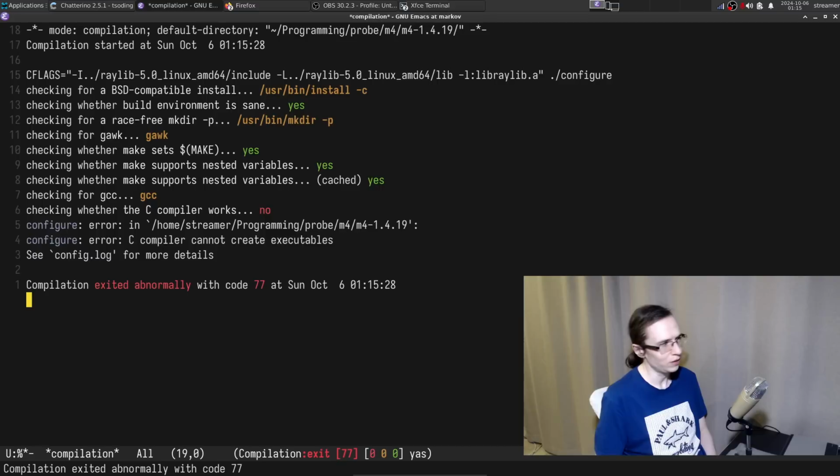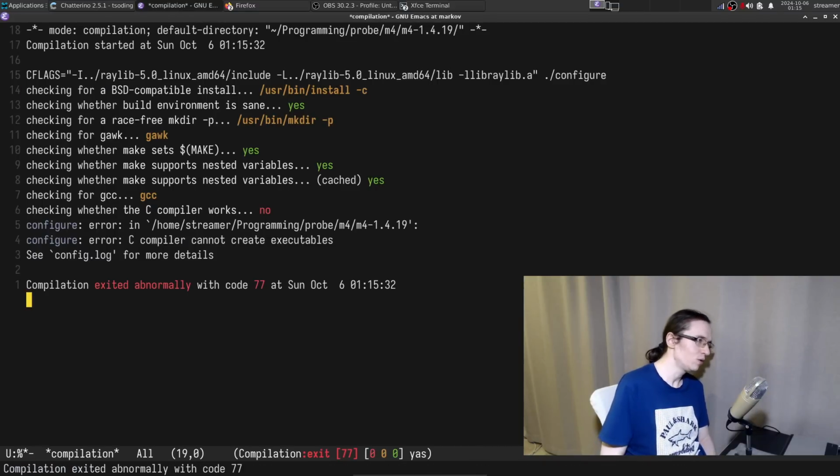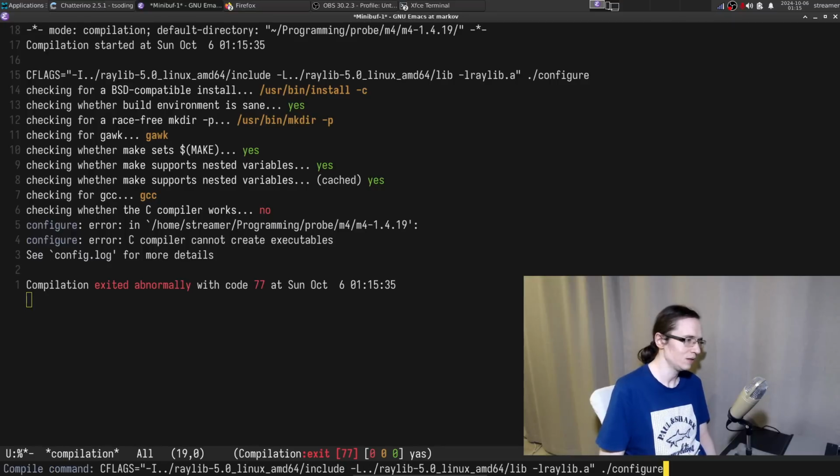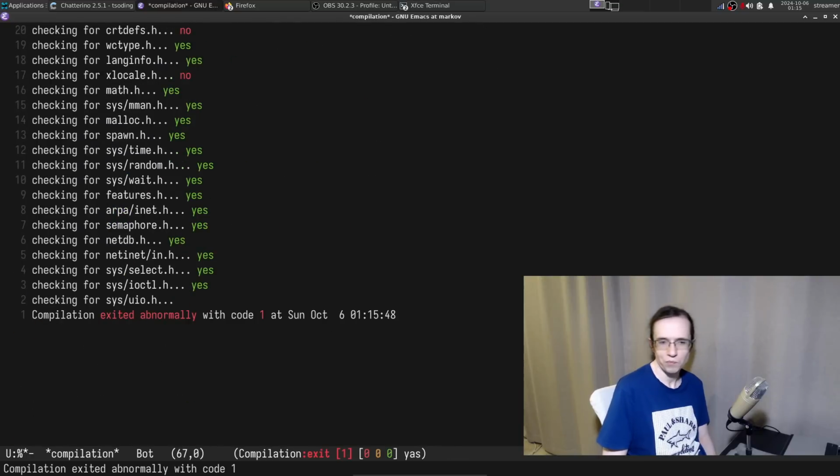All right, so let me see. No. -l without the colon? No. Okay. So is Raylib only dynamically linked in? It's actually both dynamic and static. For some reason I just can't do that. Did you compile Raylib?